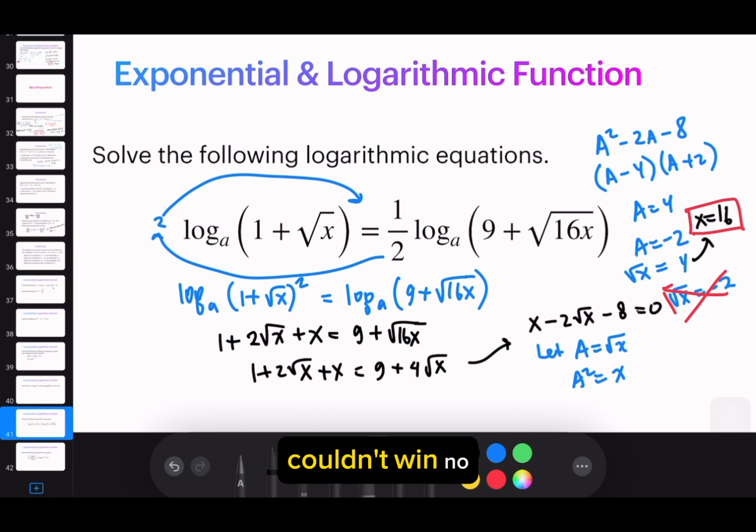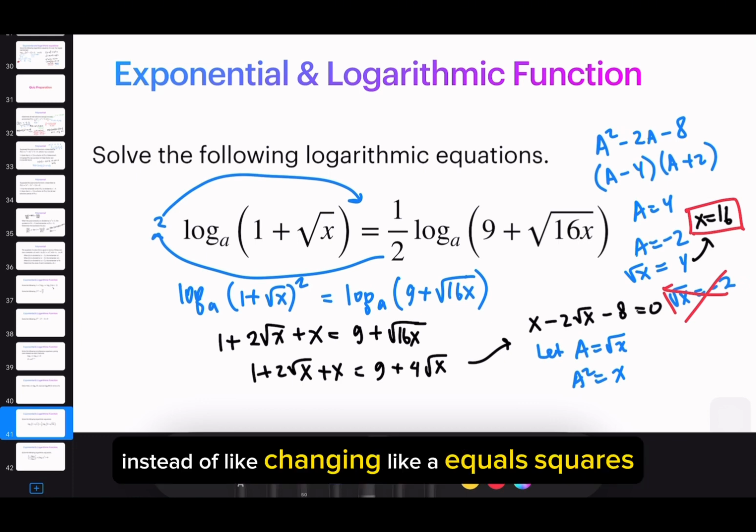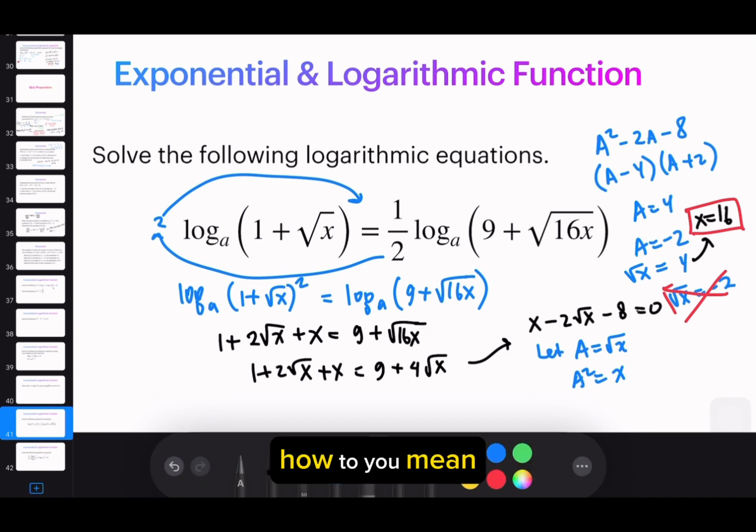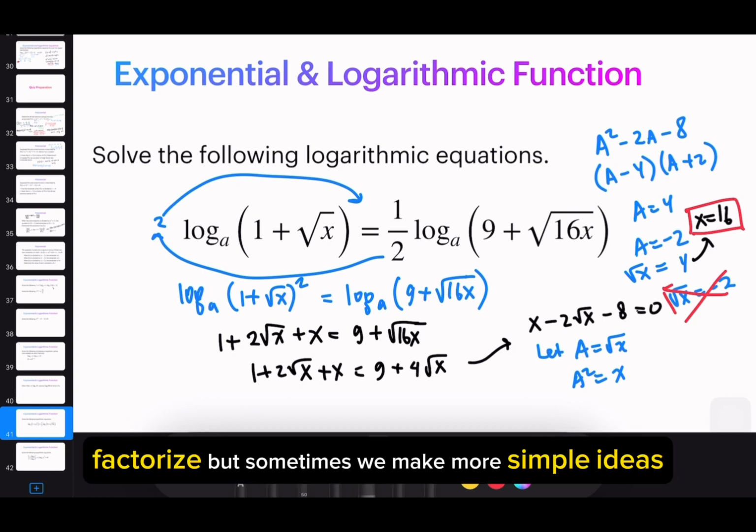Couldn't we, instead of changing from a equals root of x, just square it? You mean square the whole thing? Yeah, I think this is actually just factorized, but sometimes we make a simpler idea of factorization if